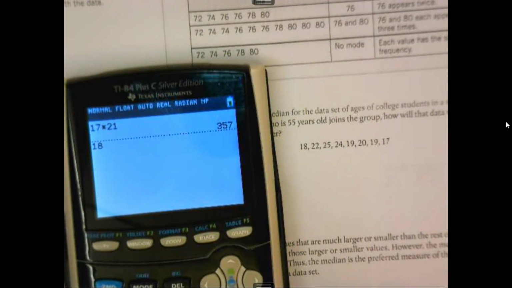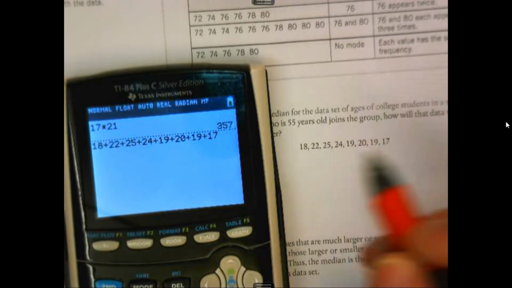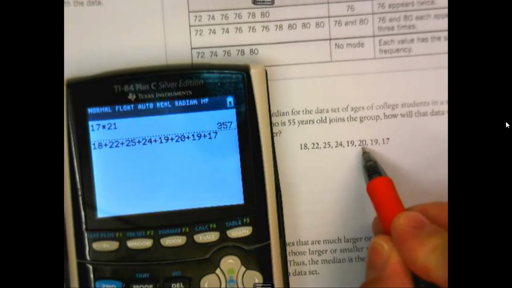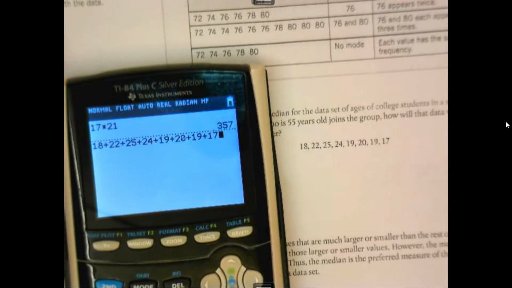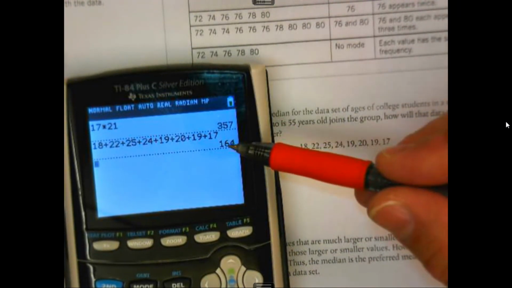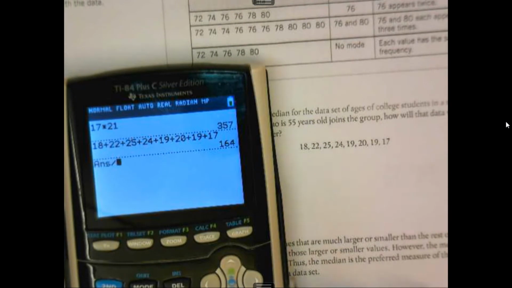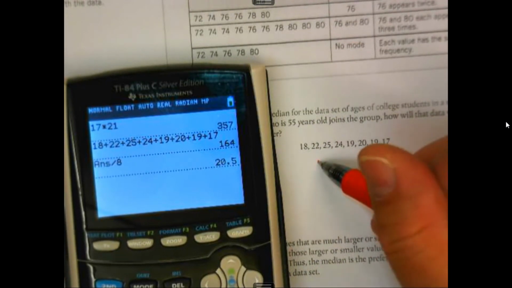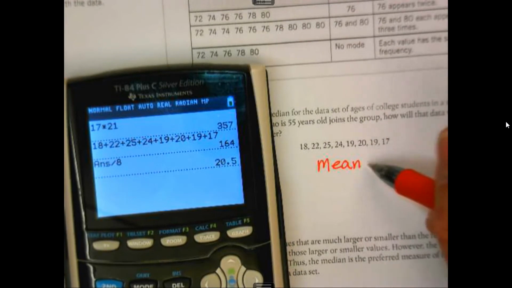18 plus 22 plus 25 plus 24 plus 19 plus 20 plus 19 plus 17. Okay, so let's see, 1, 2, 3, 4, 5, 6, 7, 8. So I'm going to divide, I'm going to hit enter. Okay, always hit enter before you divide by 8. So my mean is going to equal